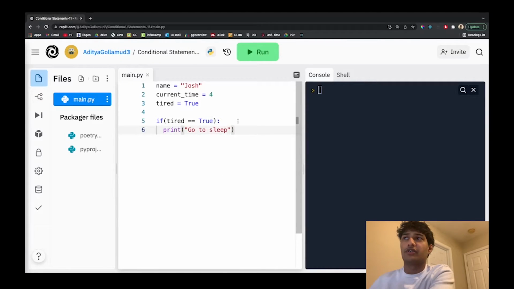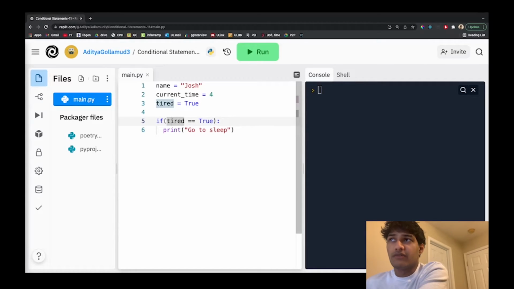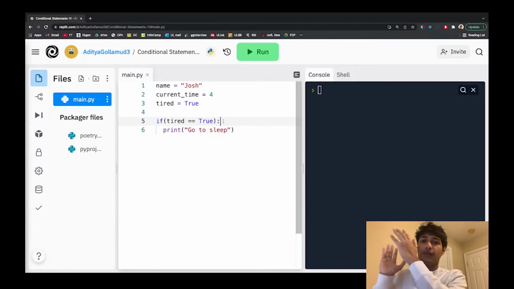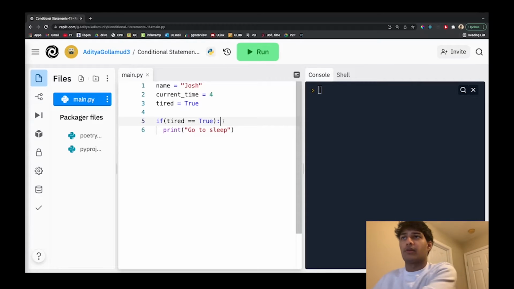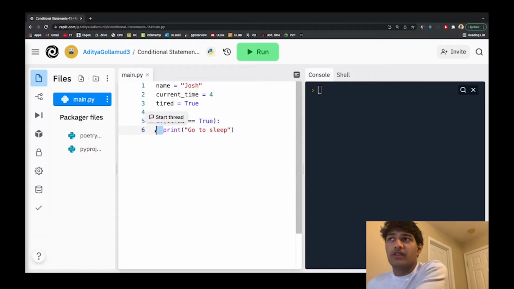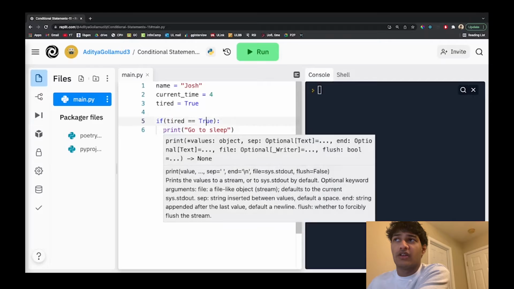So there's a lot going on here, so let's break it down. The first thing is we typed the syntax for the if statement, and that was if, parentheses, close parentheses, and then a colon. So this colon tells the computer everything that follows is part of that if statement. So if my question is true, then I want you to execute what's underneath me. So also in Python, the indentation is really important. So the way the computer knows to execute print go to sleep is because it's indented inside of here. So let's review. We said if tired is equal to True, then and only then are we going to execute